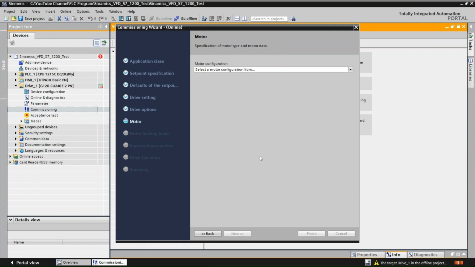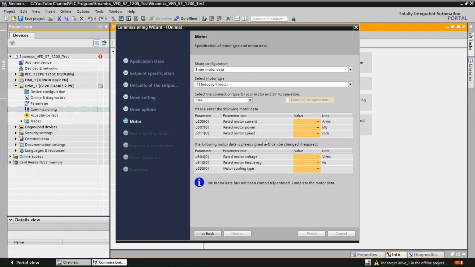Motor configuration. Select a motor configuration from enter motor data or select from order number list. Mine is a different brand motor, so I'll select from enter motor data. There are different types of motors, but I have an induction motor on my side, so I select induction motor. For the wiring connection of the induction motor, star or delta, I have a star motor connection, so